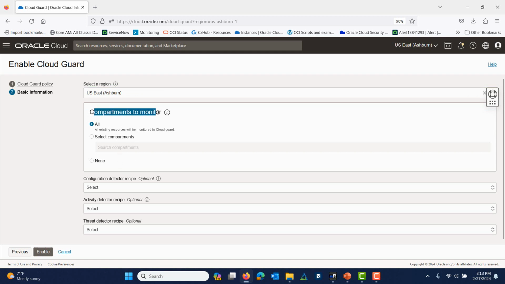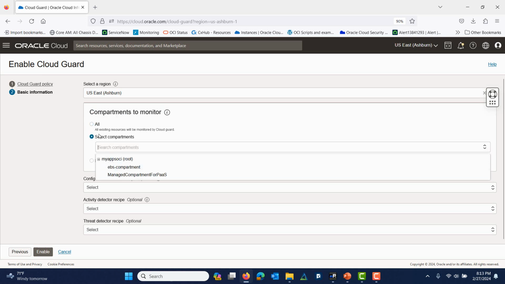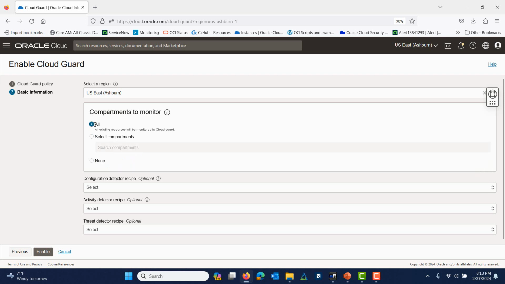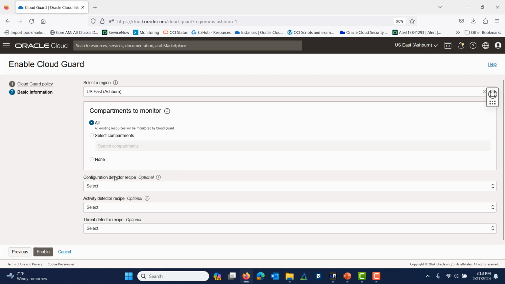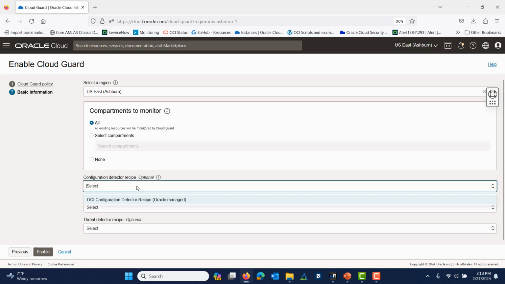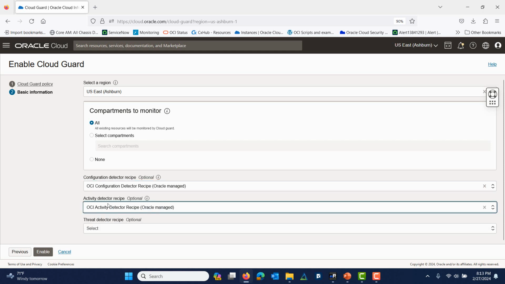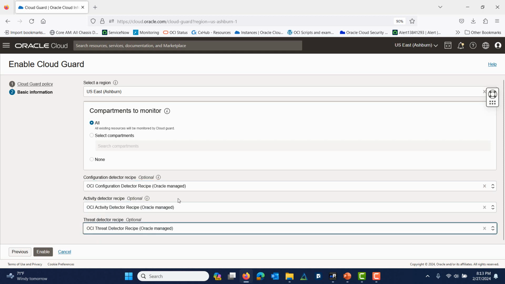And which compartment do you want to monitor? I want to monitor all. If you want, you can select the compartment you want to monitor, but I'm going to give all. And these are the optional recipes, but I'm going to select all of them. These are the predefined, Oracle managed ones that I showed: this is the configuration recipe, this is activity, and this is the threat recipe. And once you click enable,